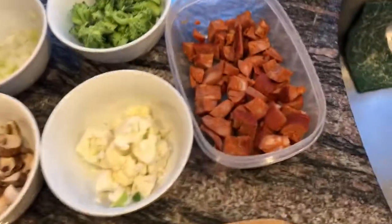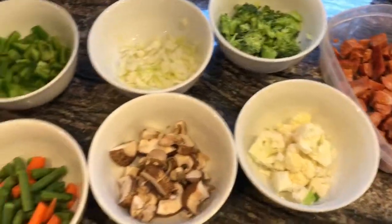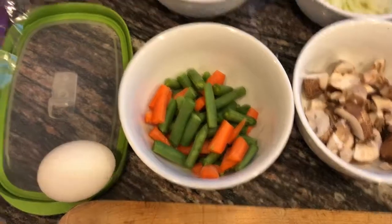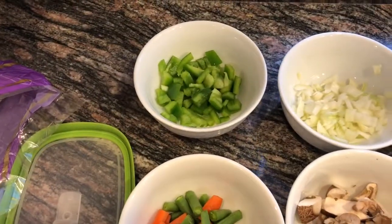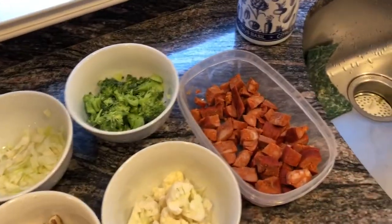Here we are again, one pan paleo. Today we're doing chorizo and broccoli, cauliflower, onions, mushrooms, carrots and green beans, and green pepper, as well as an egg and some spinach. How we're going to start this is take a little bit of the chorizo, put it in a hot